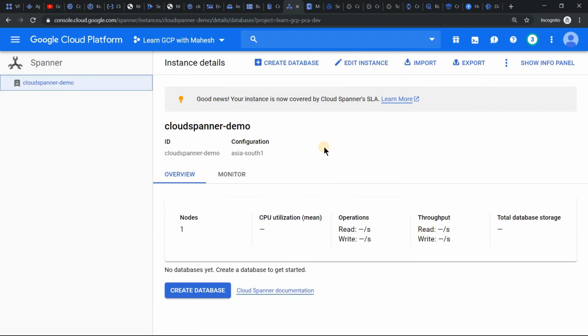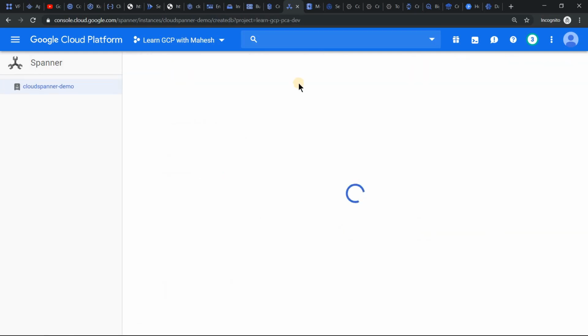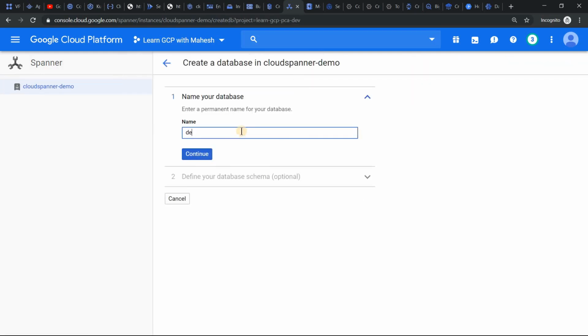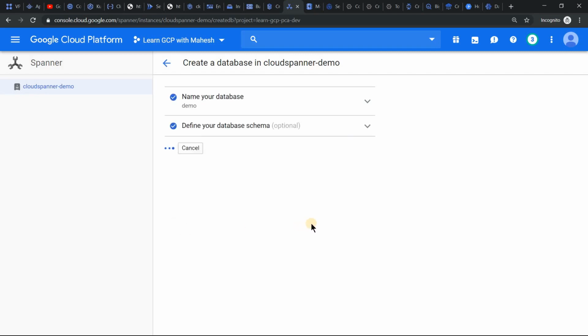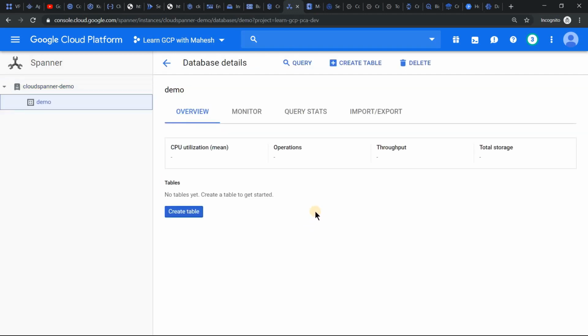All right, the instance got created, and you can create the database to verify that it is working fine or not. Let's quickly create a database, and let's not create any table in it. Let's make it an empty database, and let's click create to see whether at least the database gets created or not. All right, the database also gets created, so that indicates we can create Cloud Spanner also.